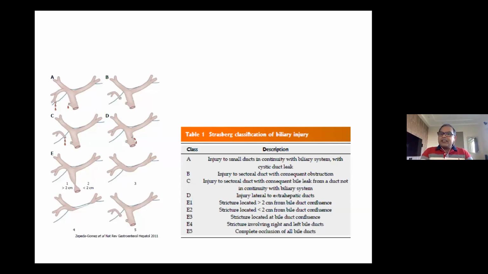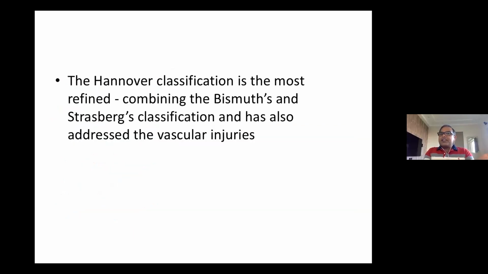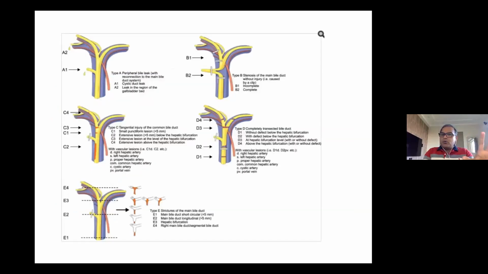So basically still I would say the most important classification to remember is Bismuth classification. And another classification has come up, Hanover classification. They have basically included both the classifications along with having addressed the vascular injuries. So I think nothing more than that. They have taken the importance of the vascular injury. So